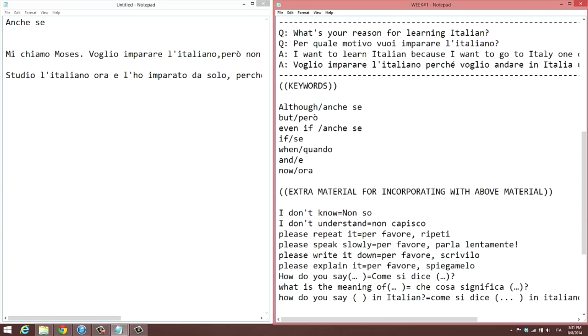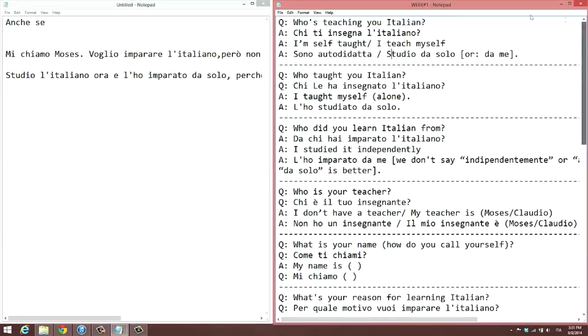So noun and "l'ho imparato da solo." And I took that from this part. But well, rather than saying "l'ho studiato da solo," I said "l'ho imparato da solo." The only difference is "studiato" is I've studied it. I studied it. Literally, it means I studied it by myself. But "imparato" is I have learned by myself.